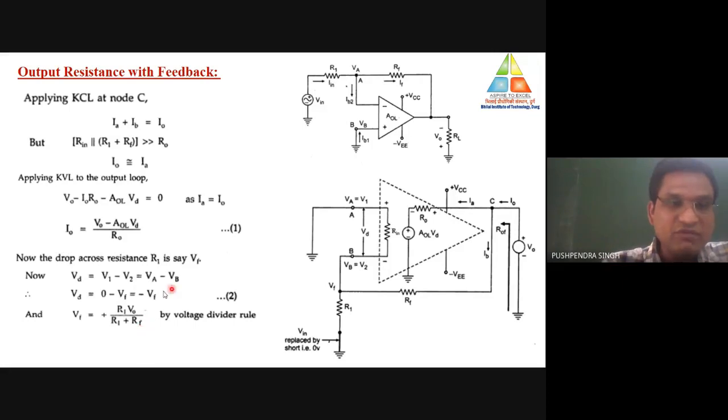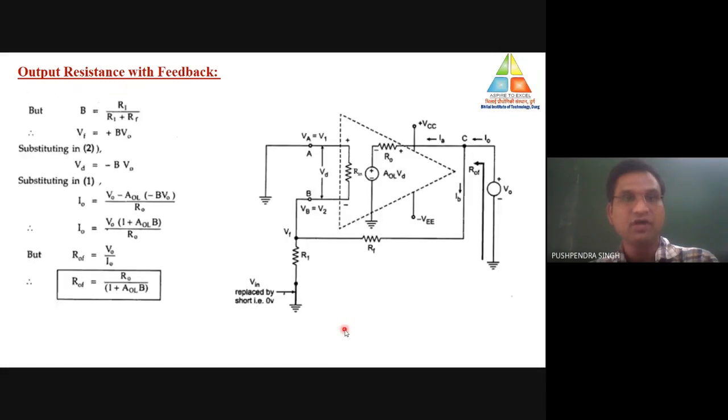Just substitute the value of VF here, and after substituting the value of VF, you are able to calculate the value of VD. Now substitute the value of VD in equation number 1. You are getting my point now? We have substituted the value of VF in equation number 2. From there, substitute the value of VD from equation number 2 into 1. So here V0, R1, RF are all known to us, so from there we can easily calculate the value of output.